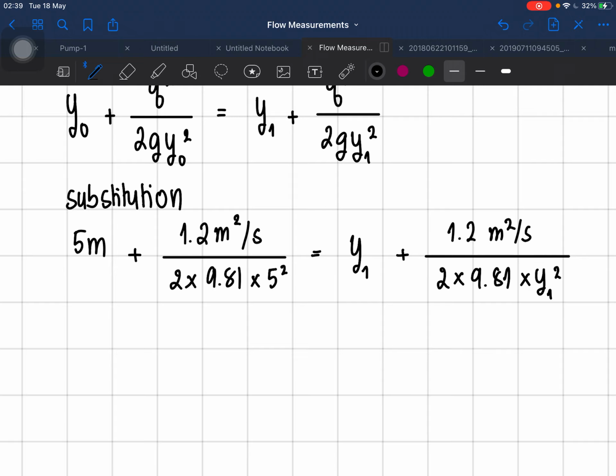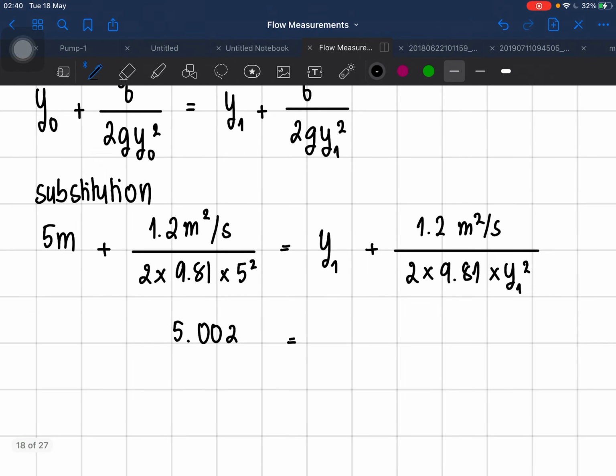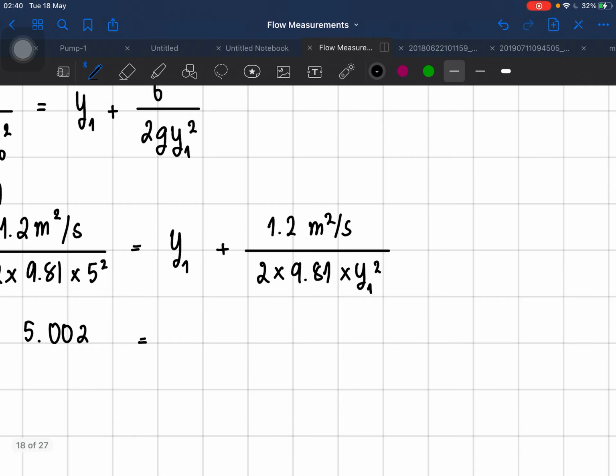The answer is 5. Oh wow, it's nice. 5.0024, I'll just give it 2. I wonder if the unit is in meters. Guess so. Okay, we have y1 here plus with,